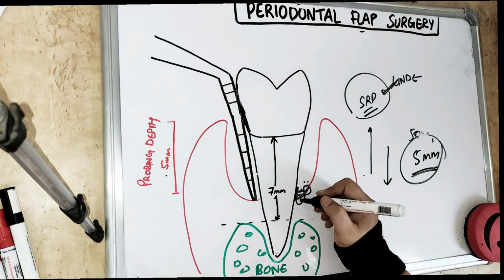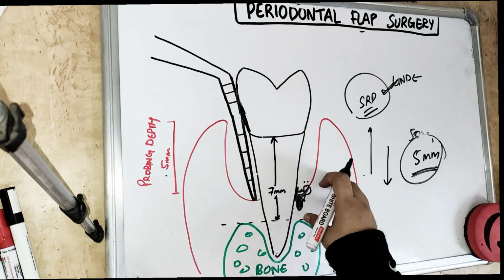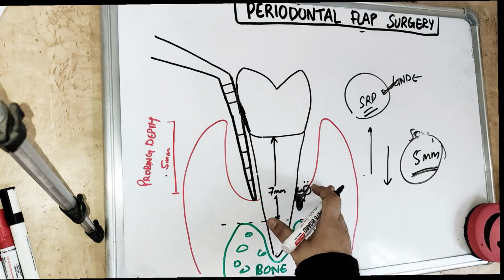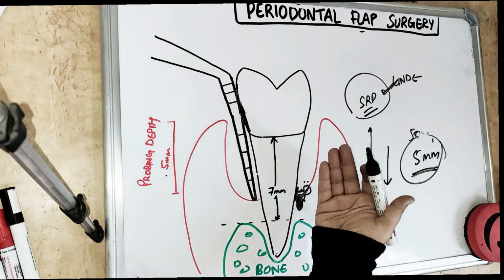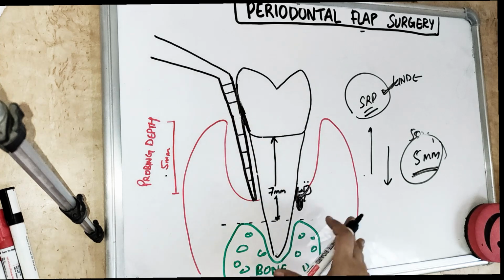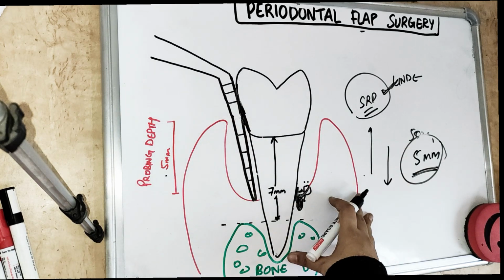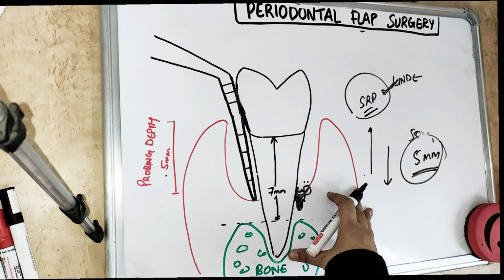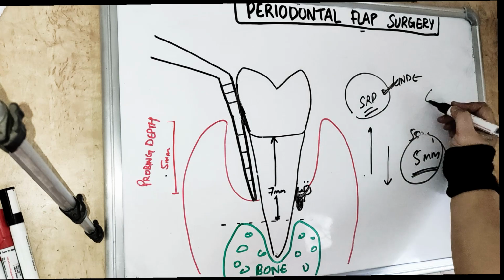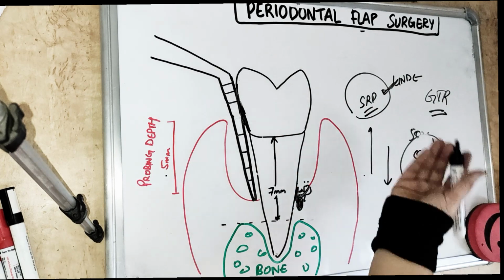For example, if there is any osseous defect which is close to the apex, we can see it after removing the flap. So basically to correct any mucogingival deformity, to correct any pockets, deep pockets, we are doing this procedure. We are doing this treatment for advanced periodontitis lesions which require reconstructive or regenerative procedures, like we have talked about GTR. In order to reach up to the apex, we have to remove the flap first.